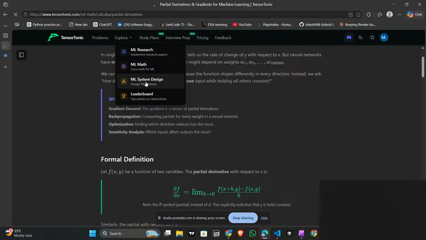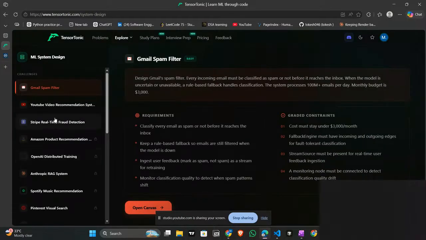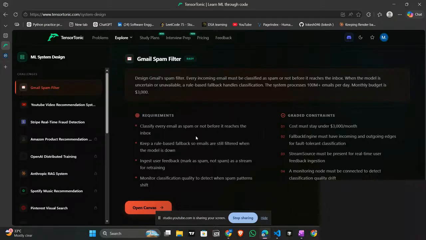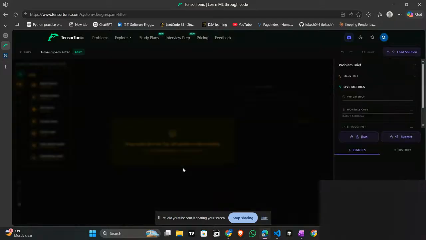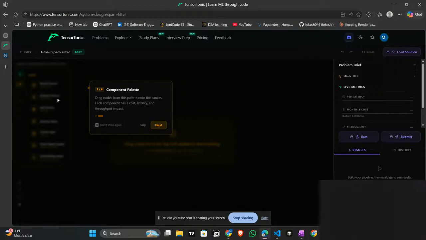The ML system side, MLOps, I think so. Start here: click a problem to read the requirements and graded constraints you need to satisfy. Drag nodes from the palette onto the canvas.